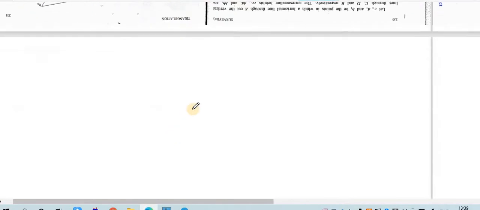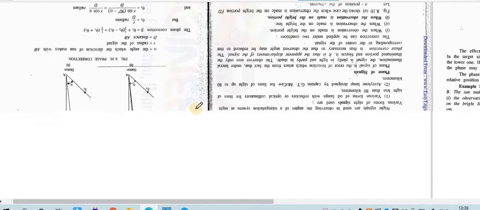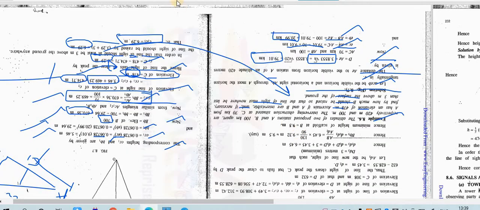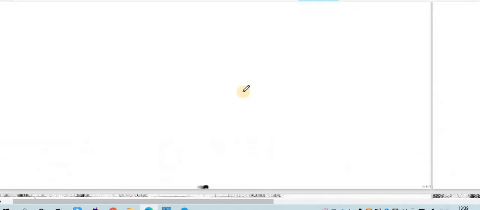So this was for your 2 point problems. There are sometimes 3 points also. Over here you can see in this diagram there are 2 points in between: point C, and a point D also in between. This is station A, this is station B. This is a numerical.